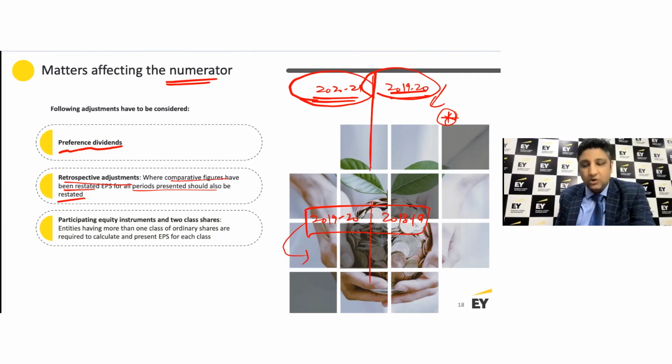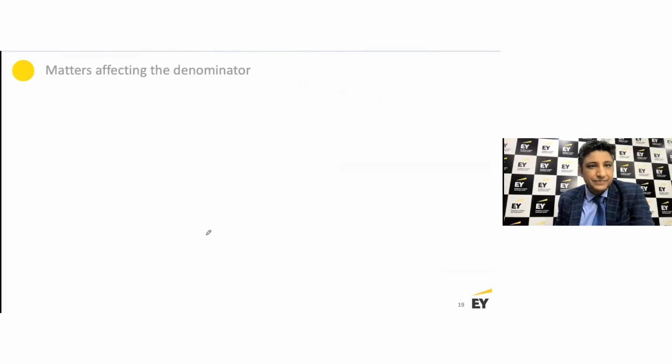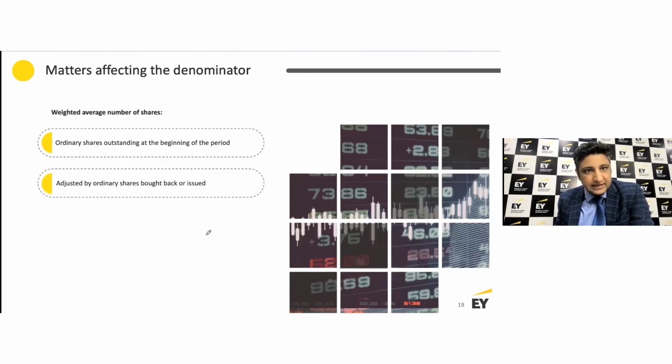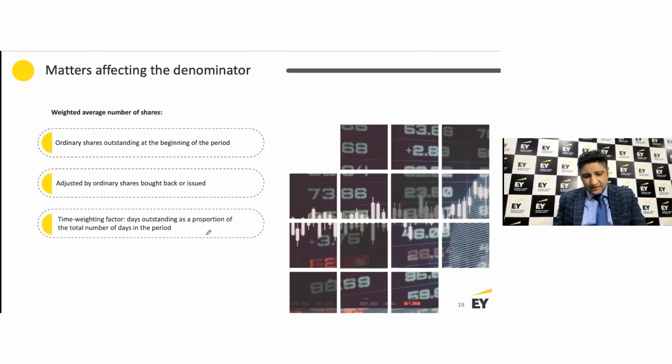Okay. Also, finally, you would like to remember here that in case there is more than one class of shares, in case there is more than one category of ordinary shares, you need to calculate the EPS for each such category, for each such class. Every shareholder in terms of the categorization should be aware of it, right? What is the EPS that is available to him for the category of shares that he is owning in that particular company? Okay, we have discussed this already in terms of the number of shares.